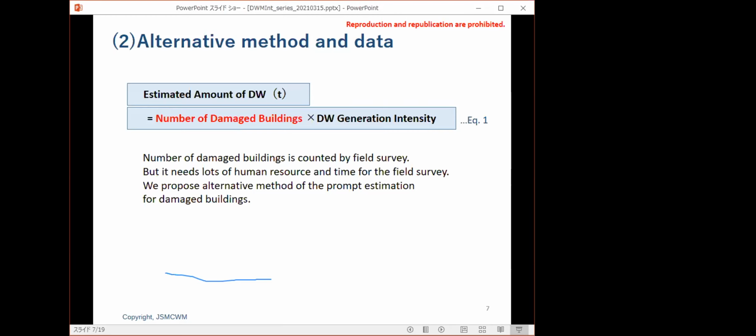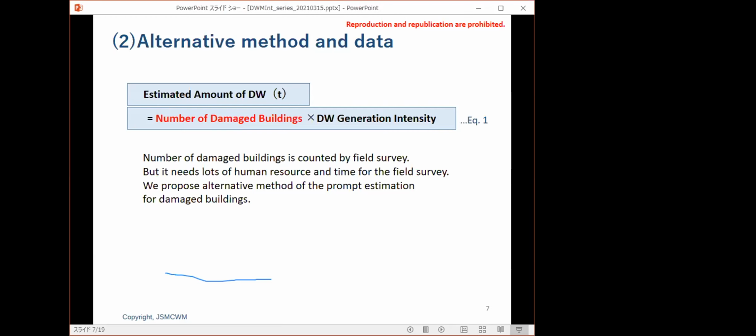And as I mentioned before, the number of damaged buildings is counted by field survey, especially in Japan, but it needs lots of human resources and time for the field survey. So we propose an alternative method of the prompt estimation for damaged buildings, especially for developing countries, because